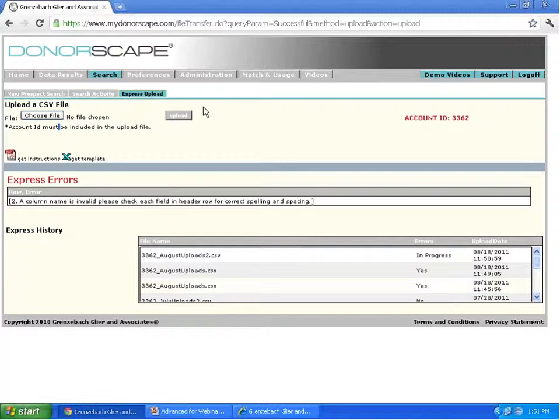All right. And while it's processing the records, if you were going to load more than 5,000 records at a time, you would fill out the same template, and then you would send it to us through the FTP, filesend.donorscape.com, and we would process it and load it for you. The other thing you could do is to break up your file into fewer than 5,000 records at a time and load them separately, one after the other. You can't, though,